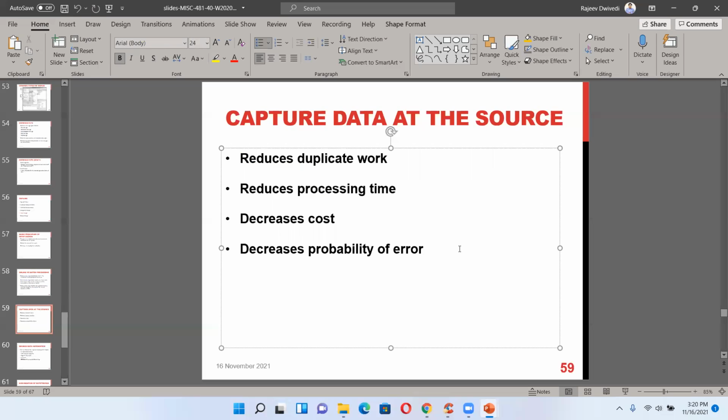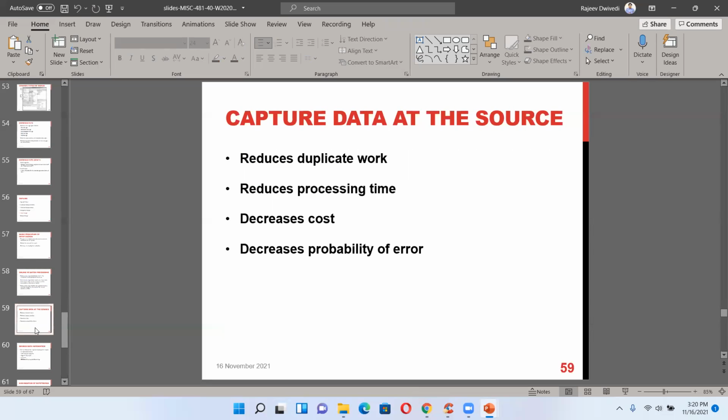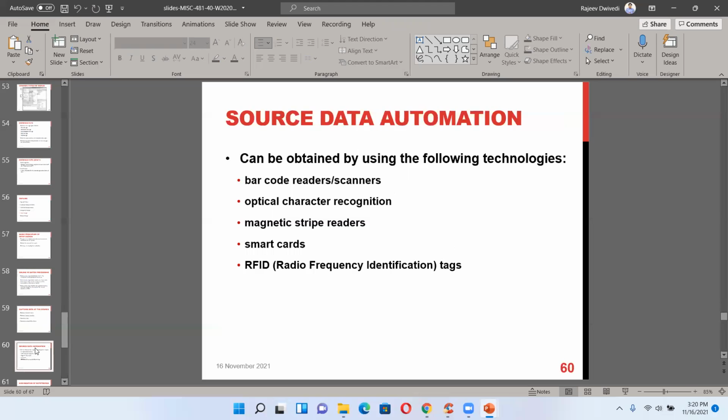From there it is distributed to different warehouses, and so right from there the accountability is which store has how many pairs of shoes. So that kind of capture data at the source reduces the duplicate work, the processing time and cost. So again, when things like this happen at Walmart, you don't need to enter the data again and again everywhere. Automatically that is getting recorded at each place.